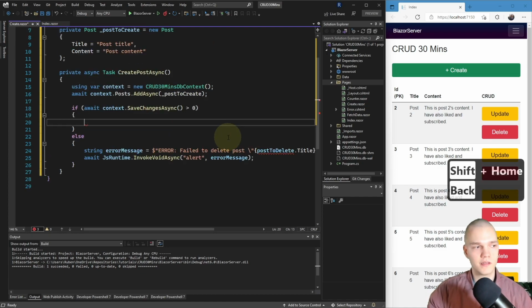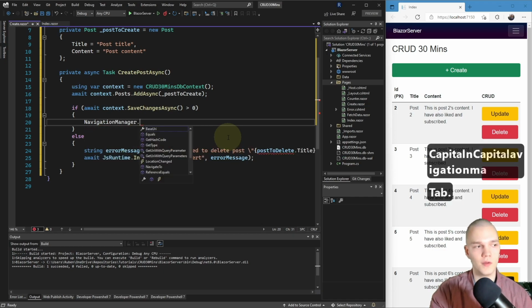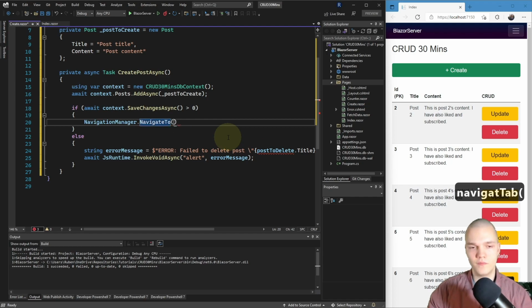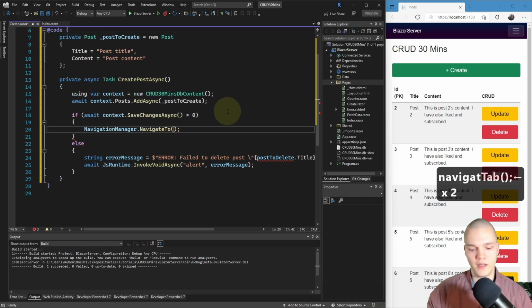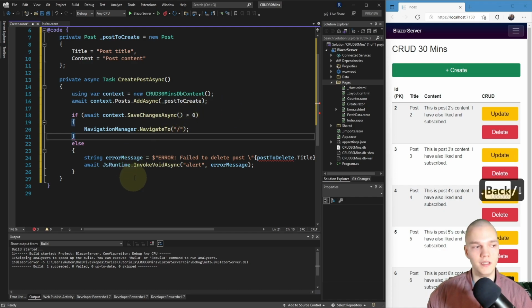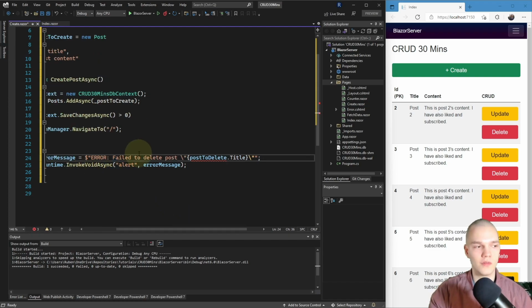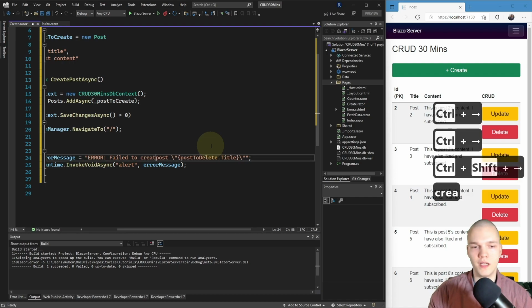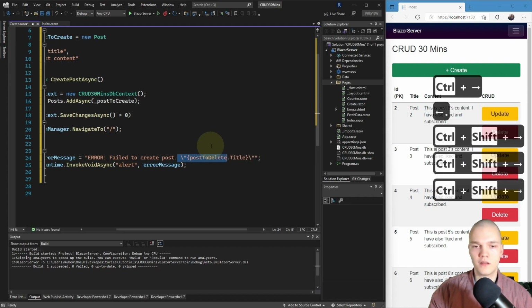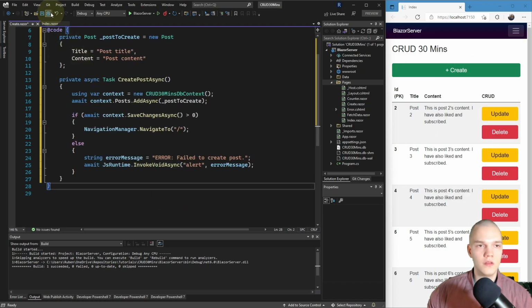So if it worked, I want to do NavigationManager.NavigateTo, and then we'll navigate to "/", which will just be the index page. And if it failed, I want to set the error message to "Error: failed to create post". And the rest can stay the same.